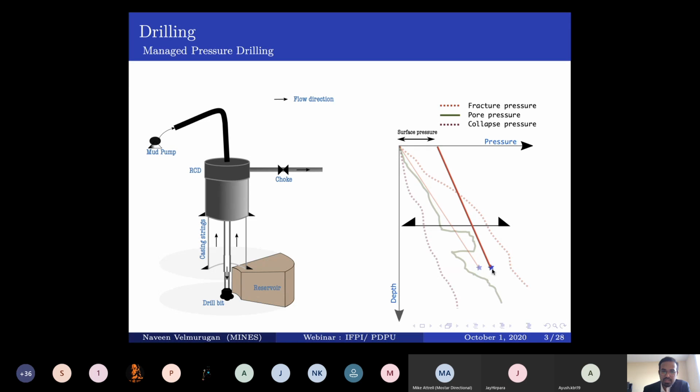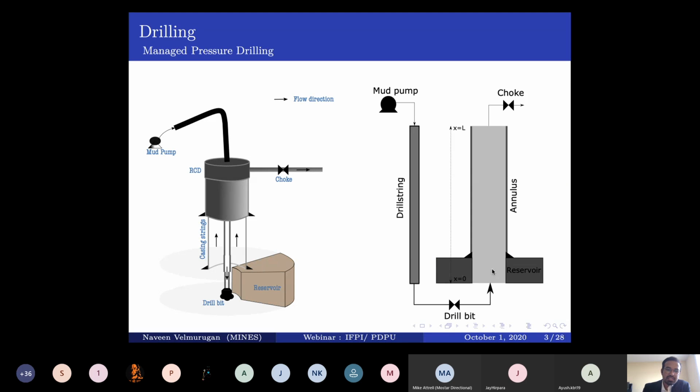Now we will look at how to model such a system, right? Of course, the figure on the left-hand side is a schematic of how the actual system is present. You have your drill string that is concentrically placed in your annulus, and a section of reservoir that is open. You have varying diameter in the flow geometry because of your casing, etc. But it is too complex to model the realistic system mathematically.